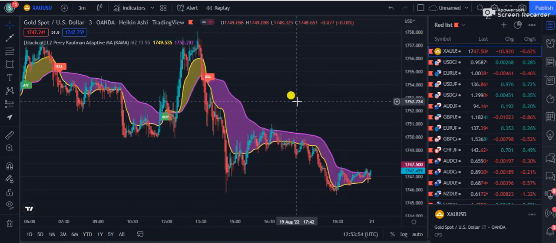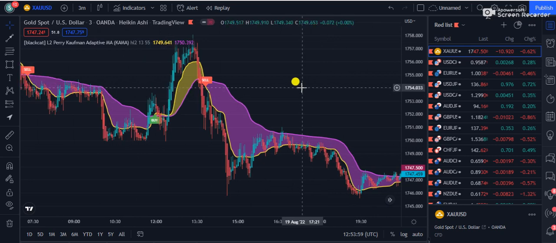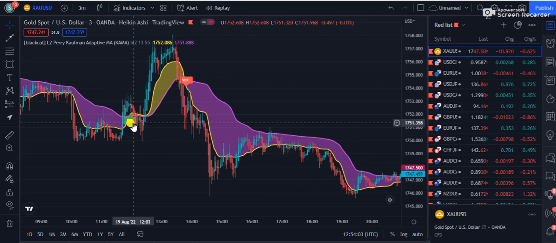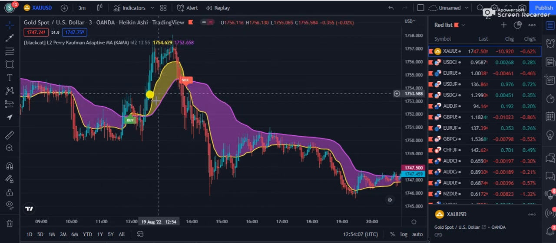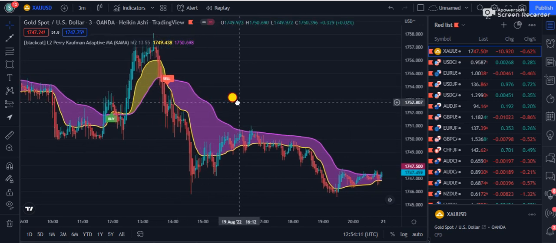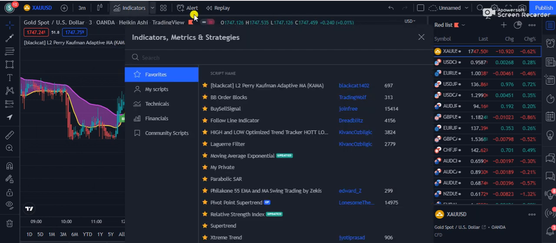So I click on this one and you can see the indicator is now attached on my screen. Generally, if you look at the screen, you will see that it's only giving buy and sell signals with a very beautiful structure. As you can see, it uses a yellow color and a purple color, so it looks very good at first glance. Now we also need another indicator with this, so I'm going to use the second